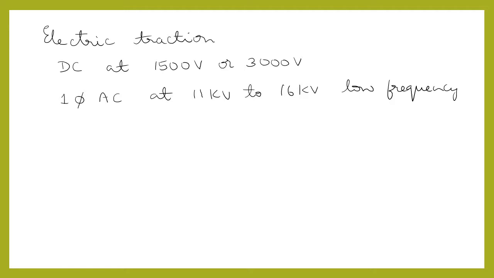The frequency used in Europe is 16 2/3 cycles, which is 1/3 of the standard 50 cycle frequency, and it can be easily obtained using rotary converters. In USA, 25 cycles frequency was adopted for traction purpose.